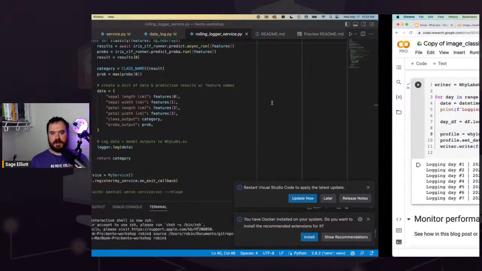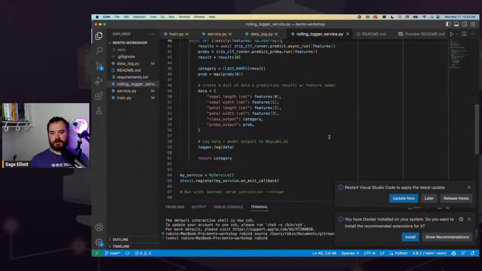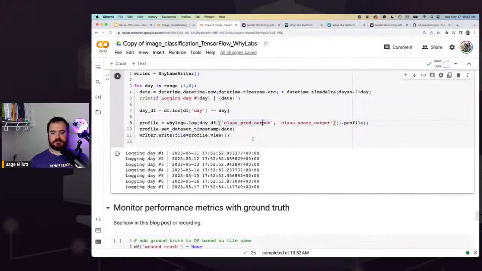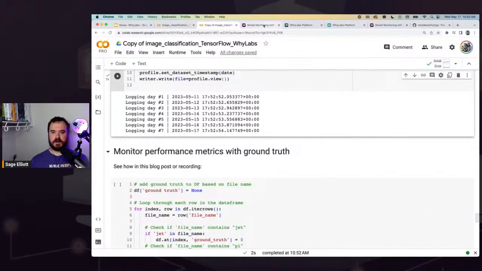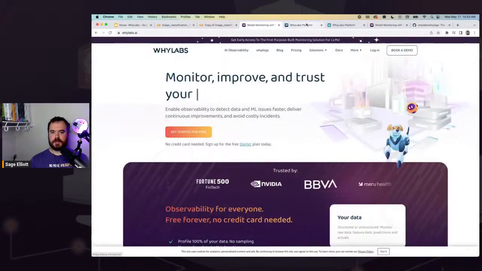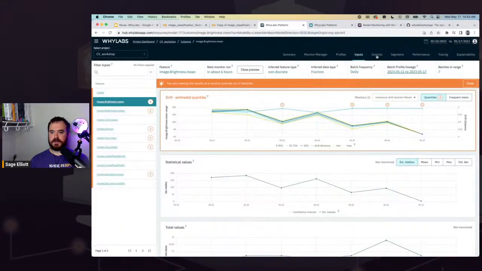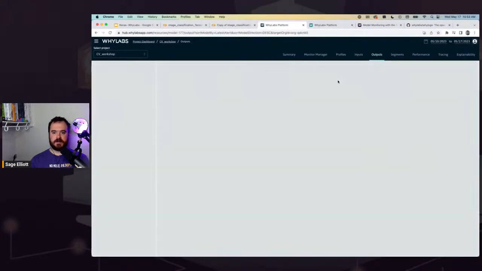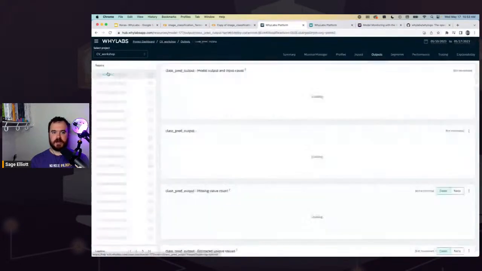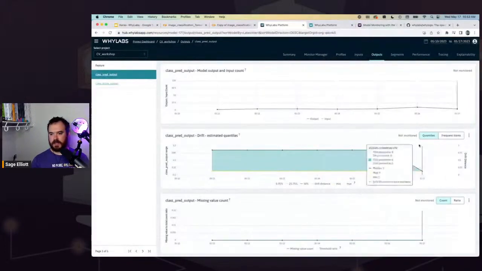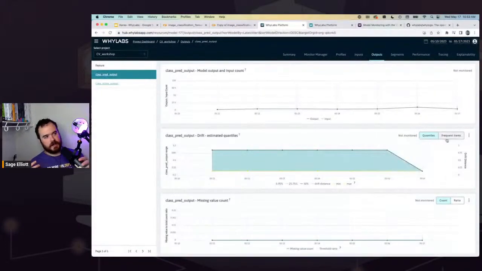But in production, you might have something like this where you're creating a single data dictionary of your inputs and outputs and then logging that at the same time. So here, now we've logged our output predictions. Close that tab. If we go to this output tab here, we now have predicted outputs,